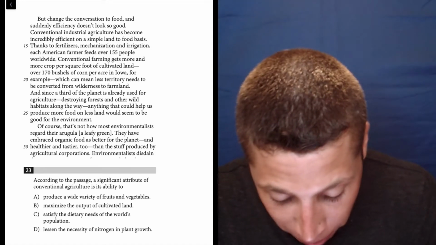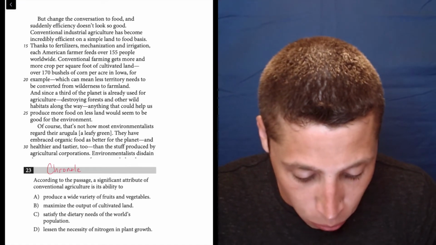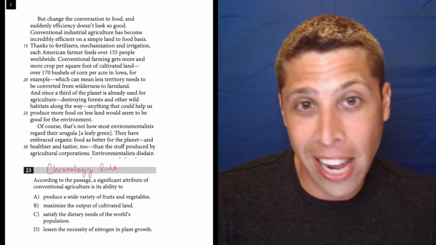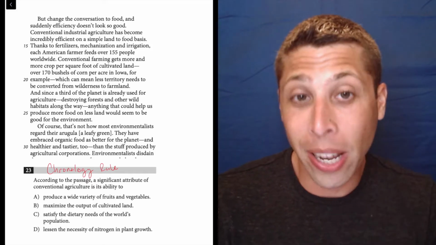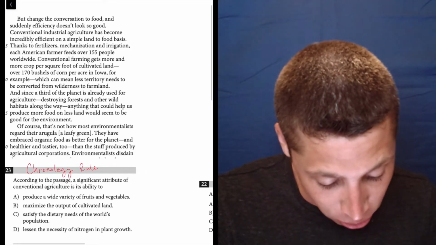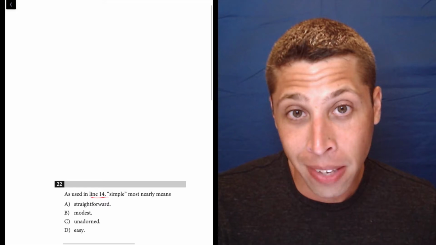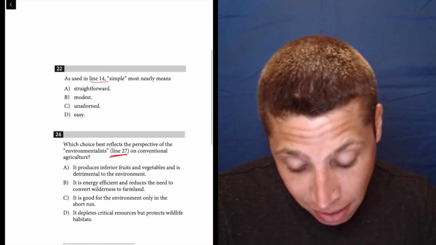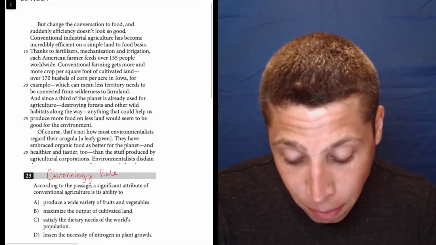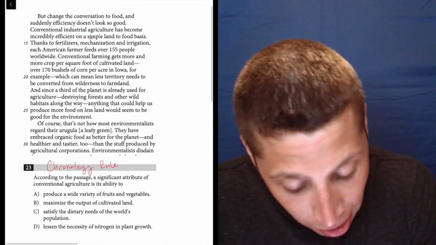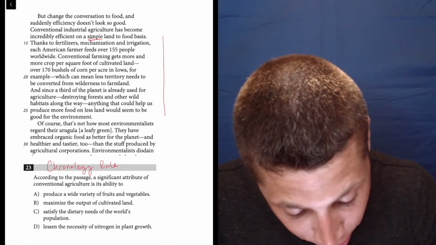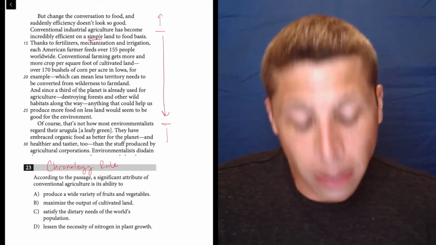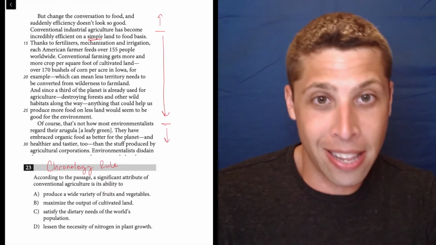And the way we can find them is by using the chronology rule, right? So the questions are, in theory, in the order in which the answers appear in the passage. We just had a question, number 22, that had a line reference. It told us to go to line 14. And then the next question, after 23, 24, tells us to go to line 27. So the first place that I would look here is somewhere between line 14 and line 27, which is down here. I might even start a little bit before and go a little bit after just to include those extra sentences, but that's my starting point.